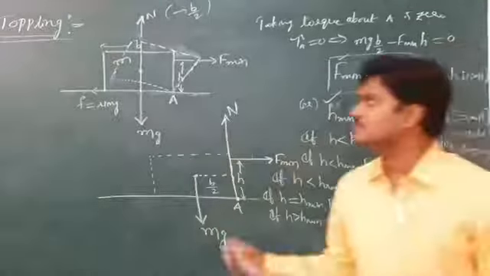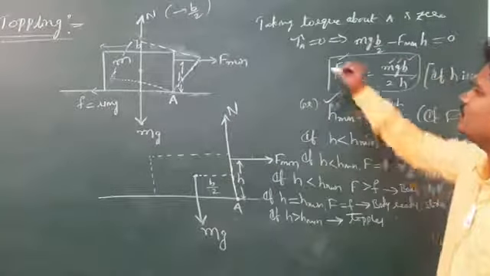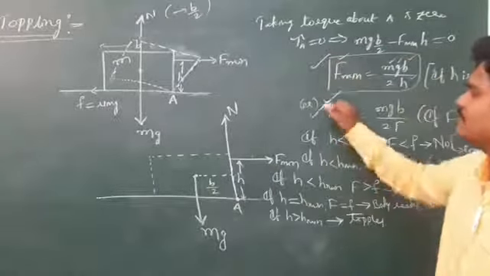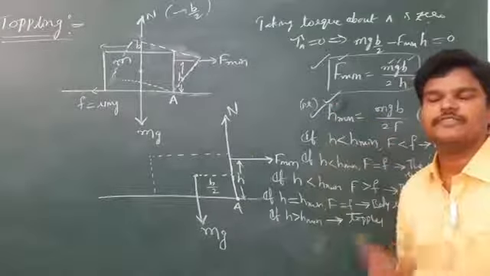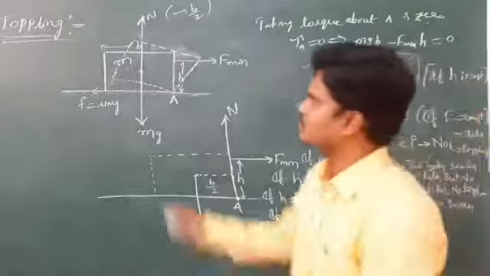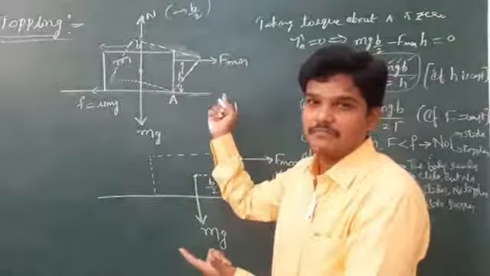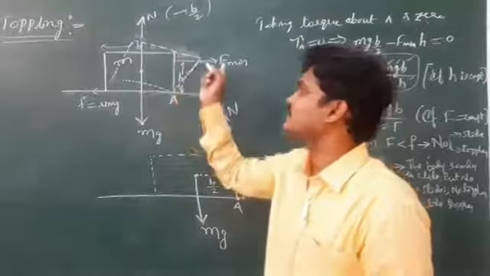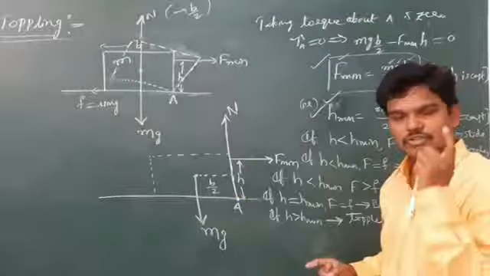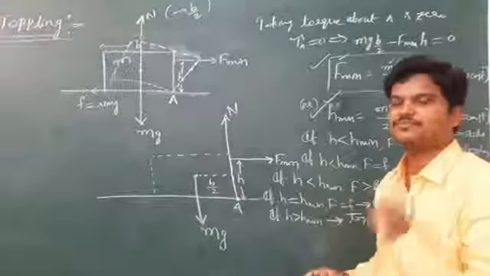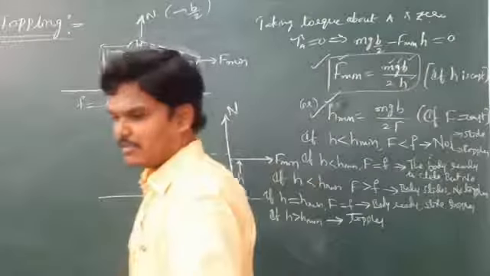Now let us solve one problem based on this. Here you remember two formulas, minimum force and minimum height, and apply the same concept for different problems. They may give the mass of this block, or the height at which the force is applied. If they give height and mass, we can find the minimum force. Based on the given conditions, you solve the problem by using this formula.